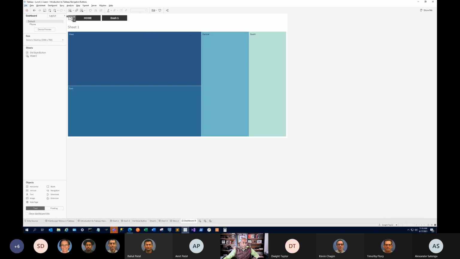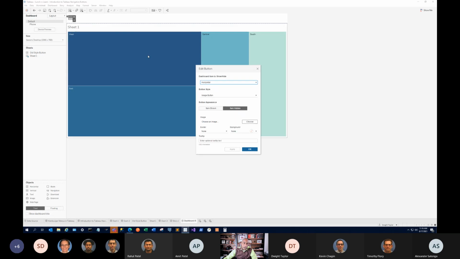It's really simple, right? Float a layout container, put whatever you want in that container, and use the type of container that'll give you the type of menu you want. If you want a horizontal menu, use a horizontal container. If you want a vertical menu, use a vertical container. And these buttons, you can edit them, right? So you can make it an image button, or you can make it a text button. So a text button would be show menu,